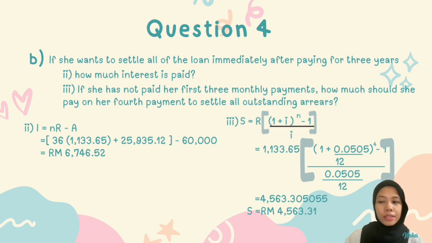So we're going to use the formula of I equals nR minus A. So put the value in: 36 times 1,133.65 plus 25,935.12 minus 60,000, and we're going to get